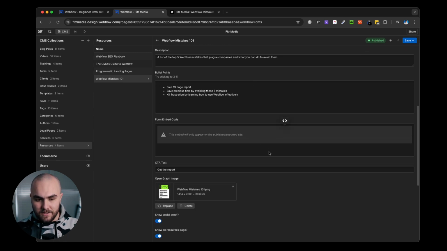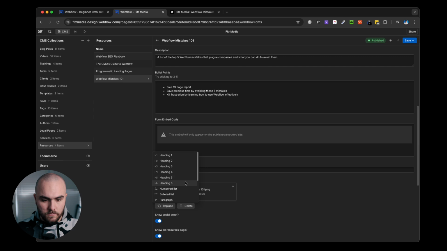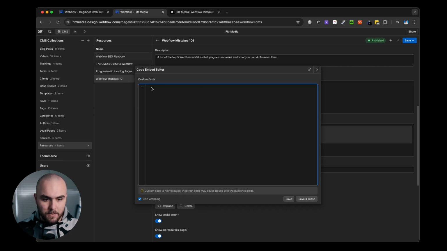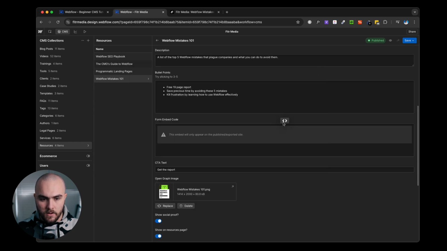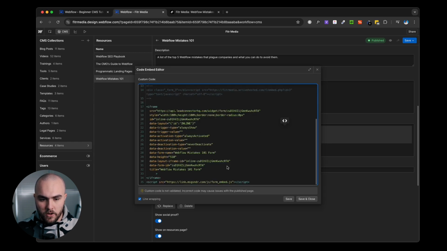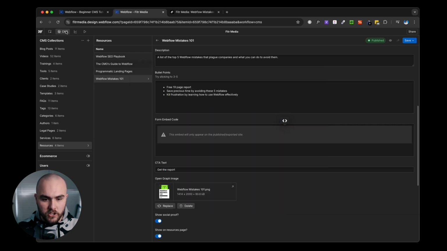How we did that is if you click on a new line in your rich text, click on the plus icon, scroll down, we can add HTML content or HTML embeds. Click on that, and this pops up a window where we can paste in our embed code. So if I open this up, you can see this is the embed code for our form. And then how we did this on the page